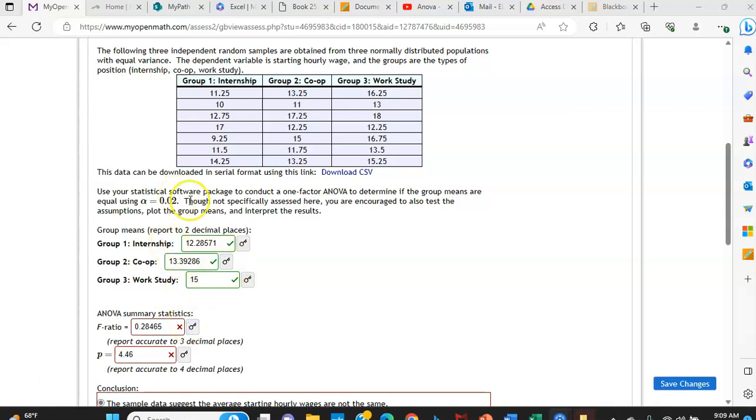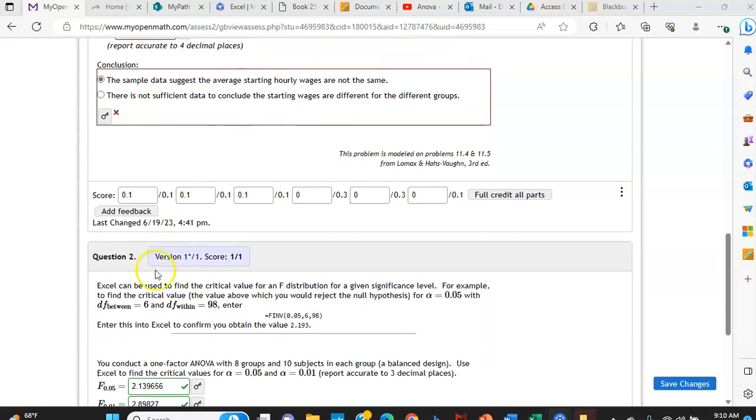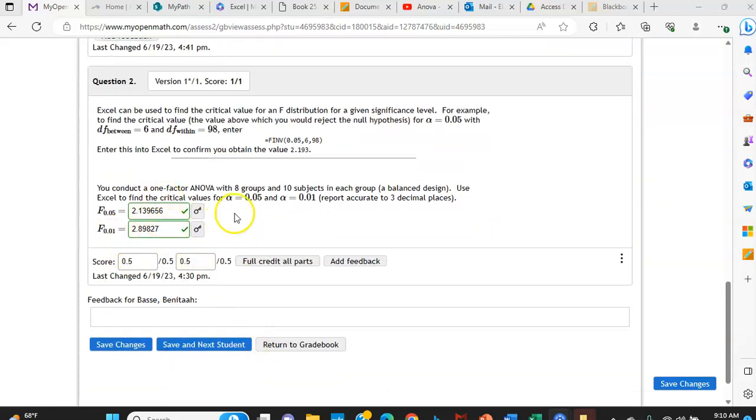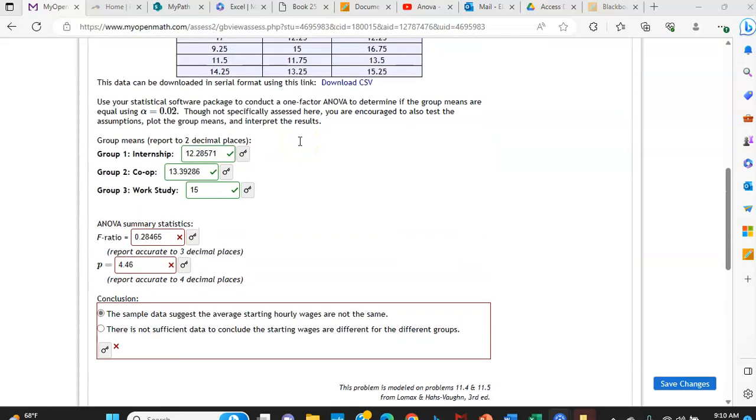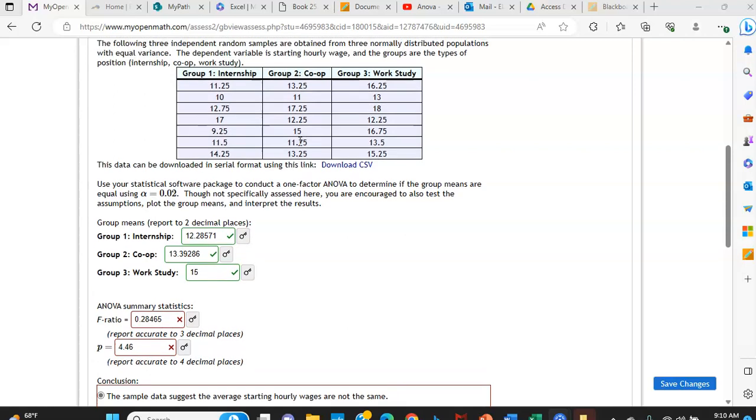Okay, so it looks like you're getting the group means, but it is finding the F ratio and, of course, the p-value from the F ratio. I think you're okay with the p-value from the F ratio because you got this stuff down here, but we'll do it just to be sure here. All right, so